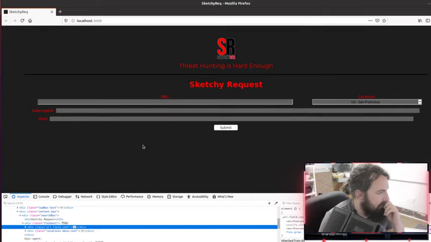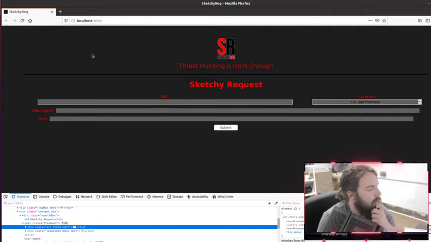All right, so let's make this look less shit. There's so many things that look bad. Like the fact that the URL and sketchy request are so close together, it's just not centered at all.